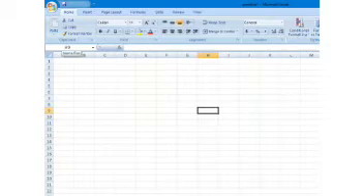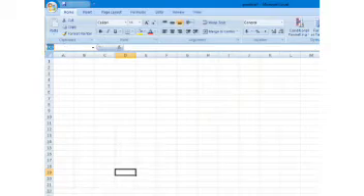That means the name box will show the address of that particular cell. So you can see here, whenever I keep the cursor in different cells, it shows me the address of that particular cell.